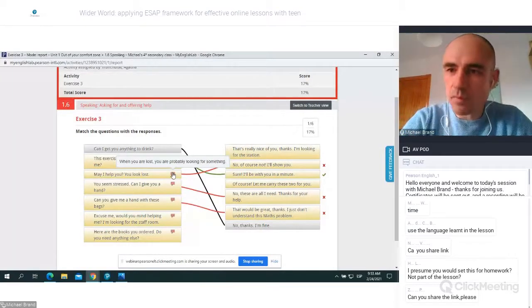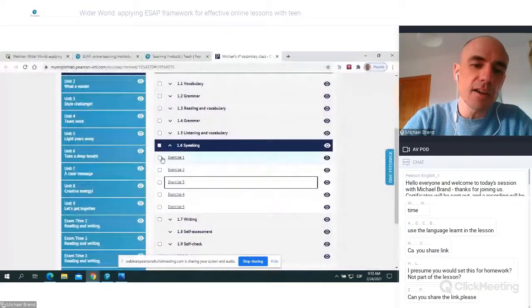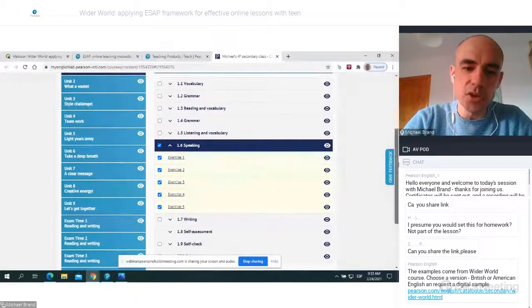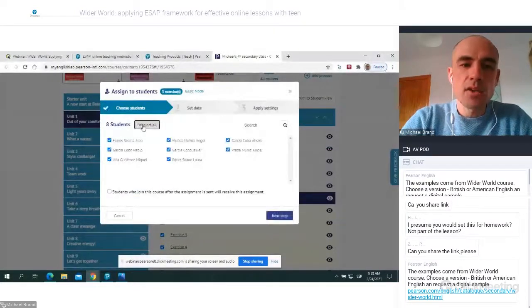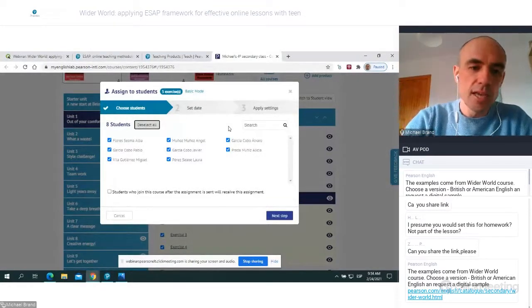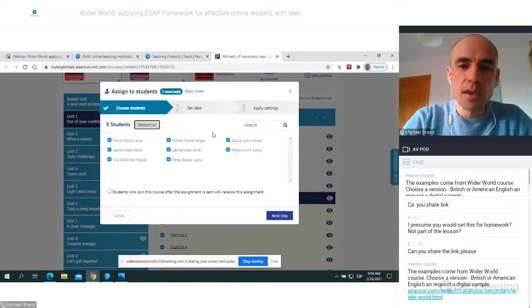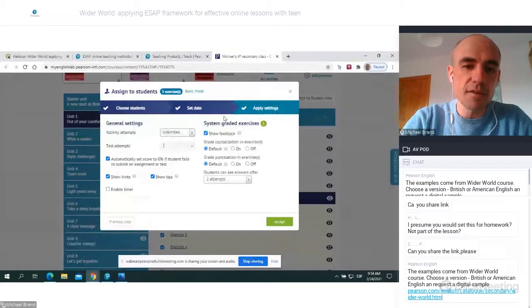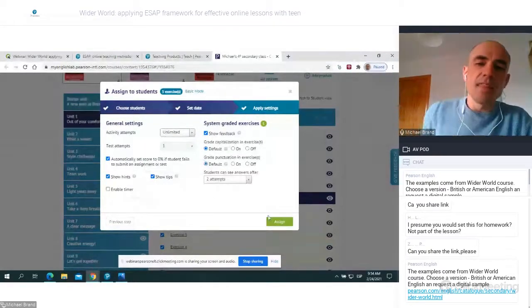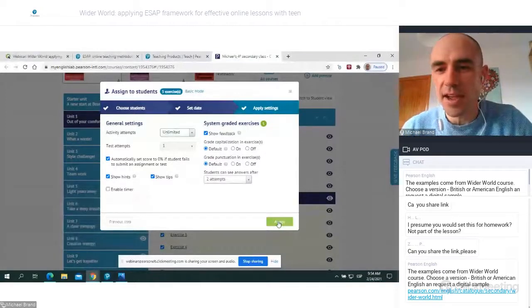Okay, good. So I would, again, I can click on the activities I want to assign to my students and click on the assign button. Choose if I want to set the activities to all my students or some. Maybe some students need more practice than others, so I can personalize it, choose my date for when it's due, and there are other settings I can configure as well if I like, or just hit assign, and that means that the students will get the activities in their accounts,